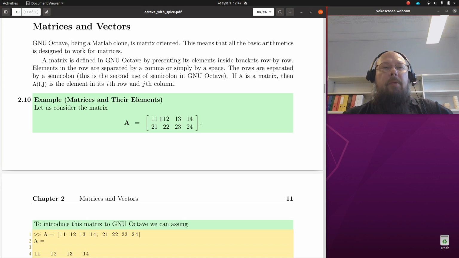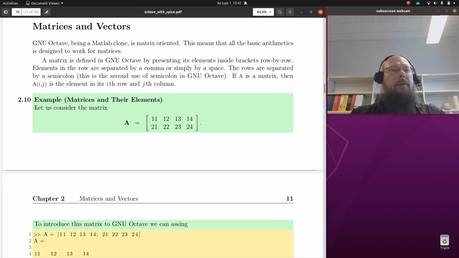It has 2 rows and 4 columns, and the elements there are just 11, 12, 13, 14 and so on. So you can easily see, for example, 23 is the second row and third column. Okay, so how do we write something like this for Octave? We did it as explained here, so let's do this